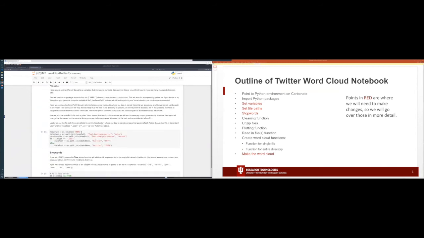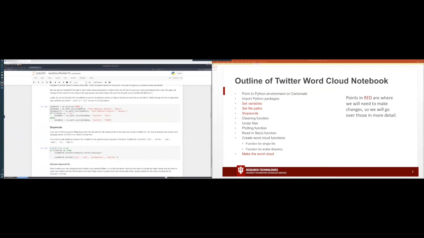And then we're setting our file paths now. And so this is where you might have some issues, but I've set it up so it should technically work. But again, we've had issues. And the reason it should